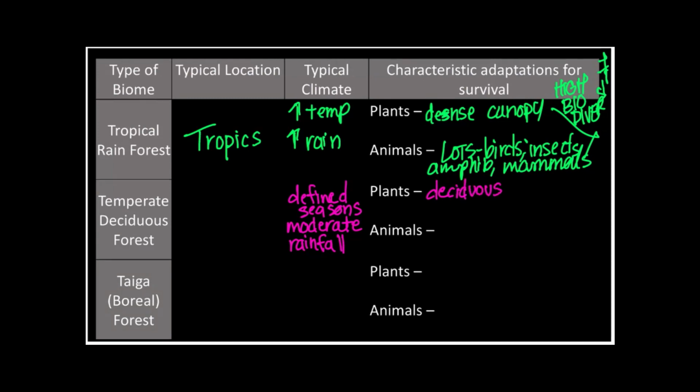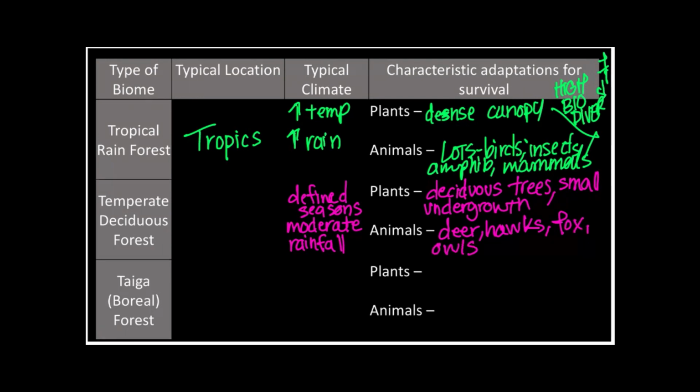It's nice they have deciduous trees and it's called the deciduous forest. You never would have guessed that, right? Undergrowth, shrubs and things like that. You're going to have deer, hawks, foxes,